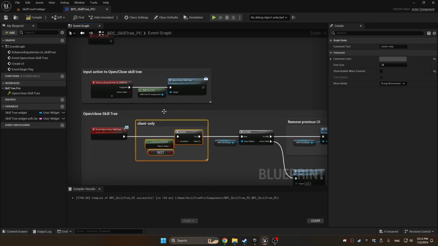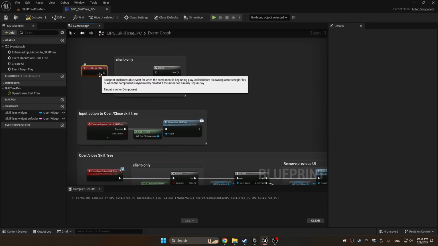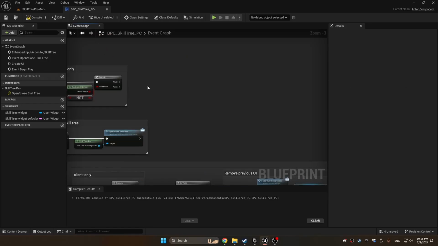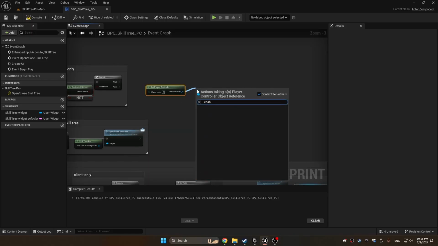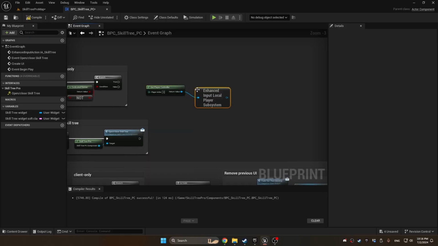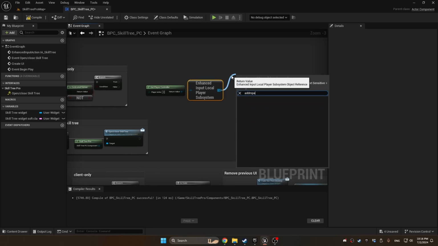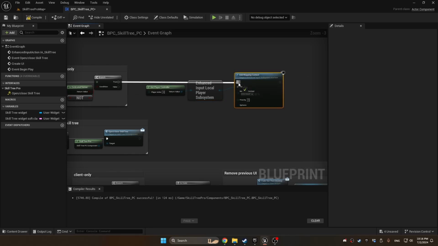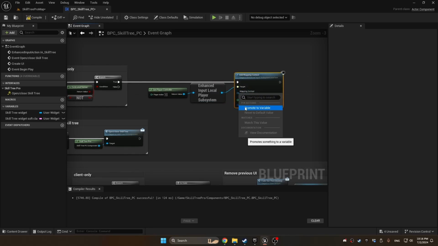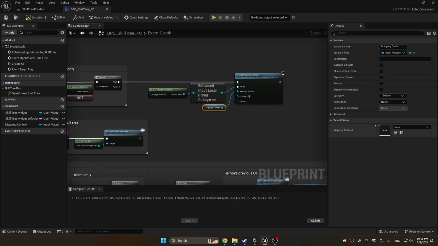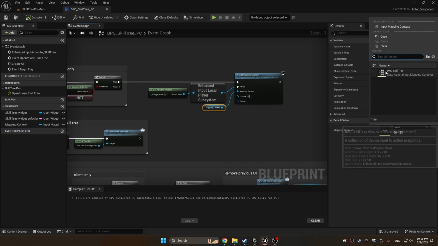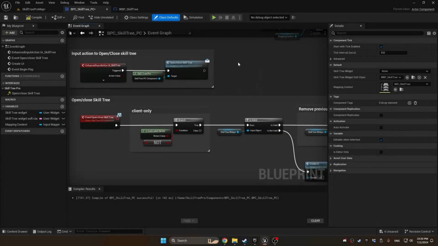We'll copy this functionality from here because we only want this to be on the client. We'll get player controller, enhanced input, and add mapping context. We're going to right-click the mapping context, promote to variable, compile, and we'll set it to the input mapping context we created. Okay, and one thing we forgot to do is we forgot to add the tag to our BPC